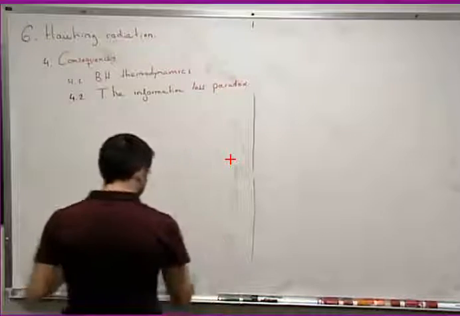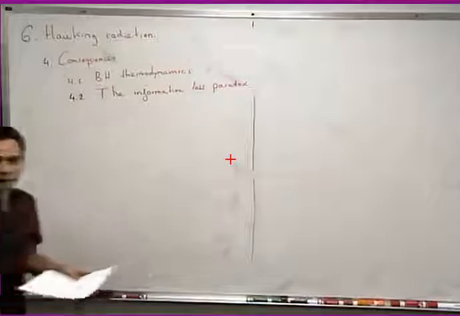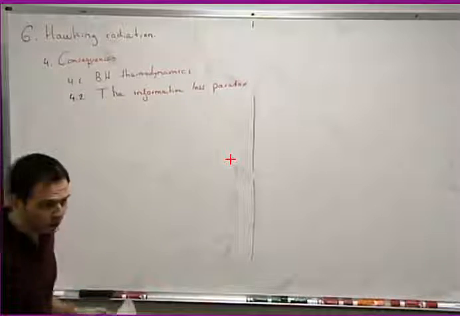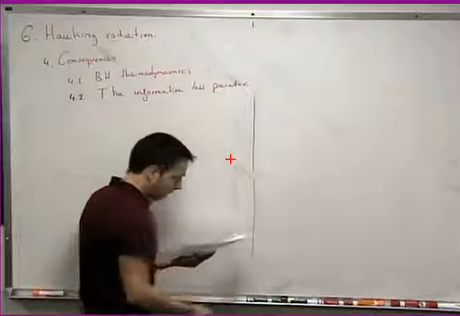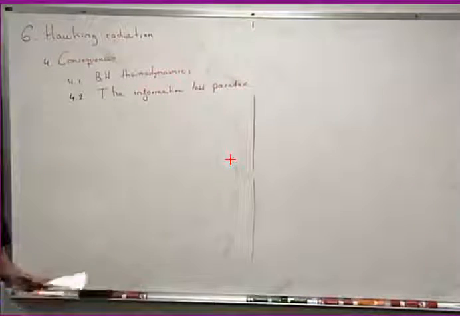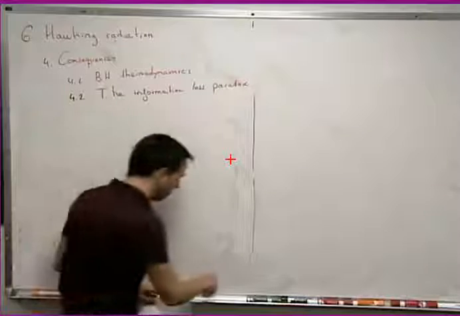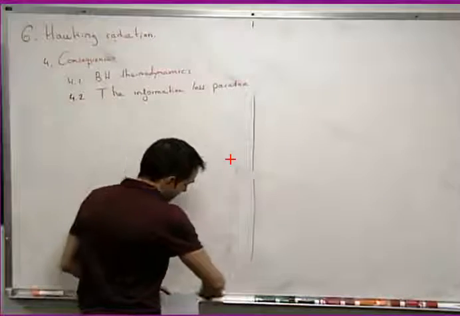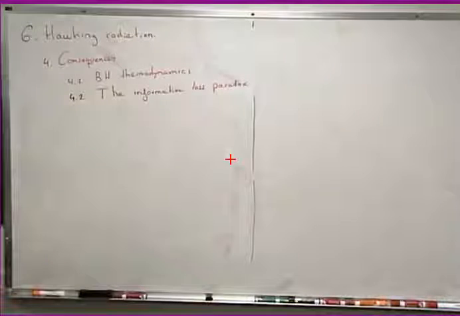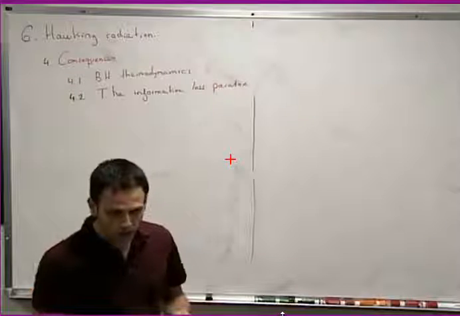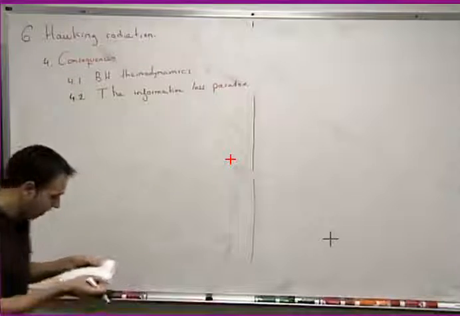Here it is not that clear, and people have been discussing that for 40 years. But there is still no agreement on what is going on. So this is highly non-trivial. I'm going to just summarize it: what is the main problem, and what are the main proposals to solve it? And just to tell you that this is work in progress, and people consider that this is one of the most important open questions in gravity and quantum mechanics.